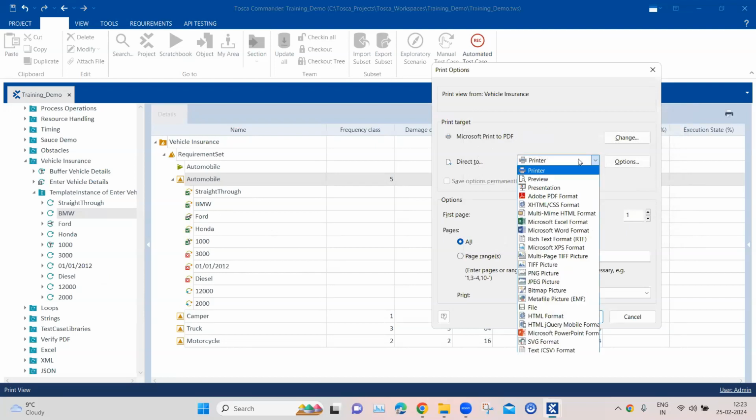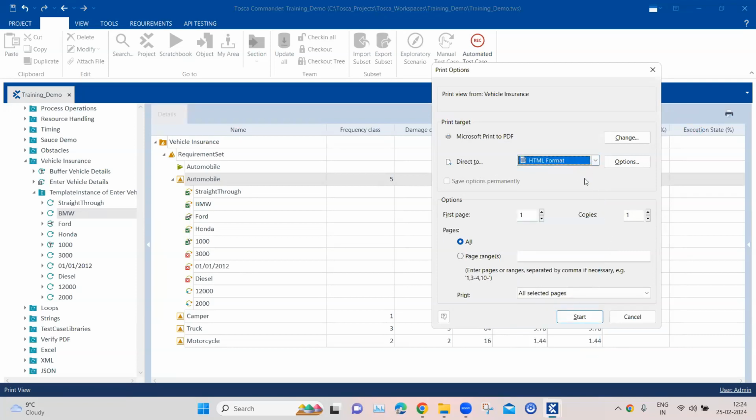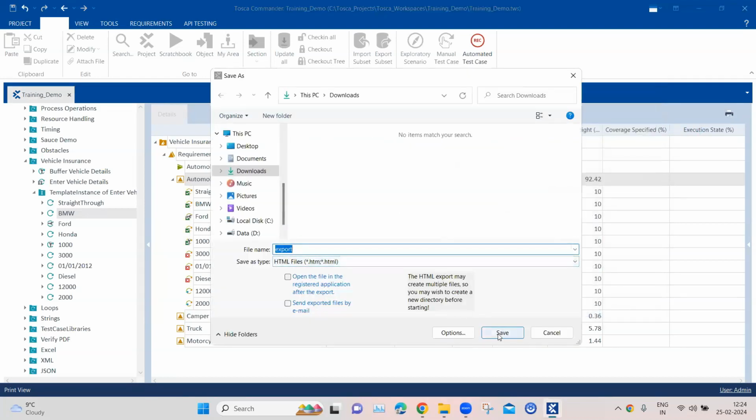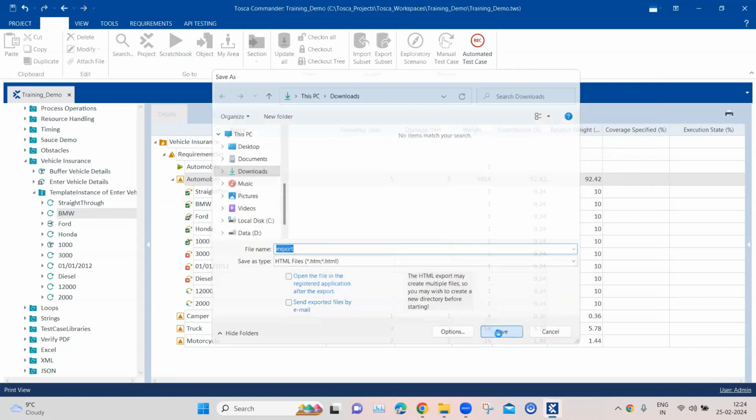You can do it right from here, from the requirement section as well. So you can choose the print view, and then you can direct it to any particular format you want. It could be an HTML format, or a PDF, or Excel, whatever you want to share, right? So once you export,